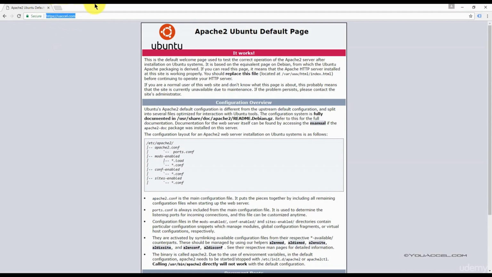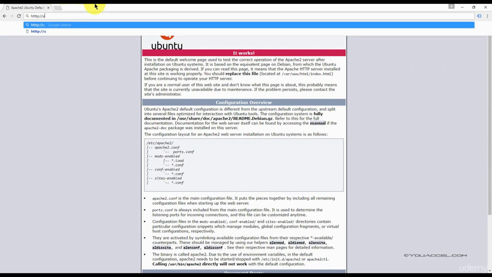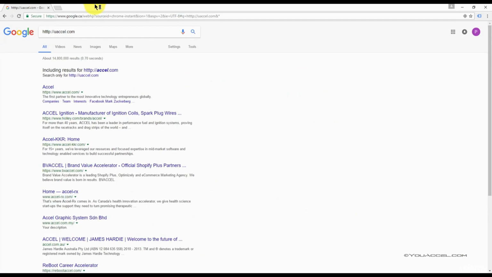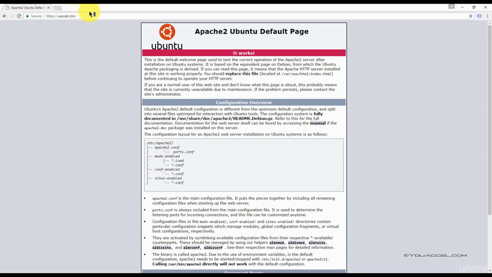If I were to type in HTTP, you'll notice that when I type in the HTTP uxl.com, it automatically does redirect to HTTPS. In the next lecture, we'll show you how to verify the status of your SSL certificate on the SSL Labs